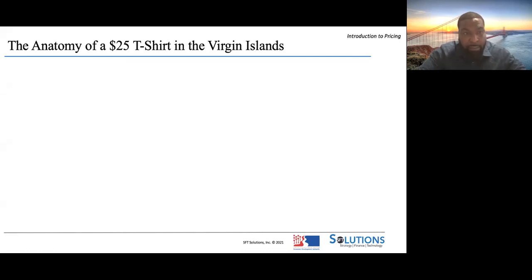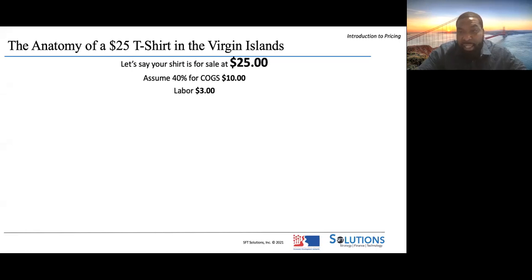So here's the example. Let's say they're selling a T-shirt for $25. We're going to assume that the cost of that T-shirt, getting the design printed on it and everything, costs $10. Labor, $3. The cost for the salesperson to be in the store, having that shirt sold to that customer costs about $3 in labor. Shrinkage, which happens in every retail store, aka theft, we estimate to be about $2.50.